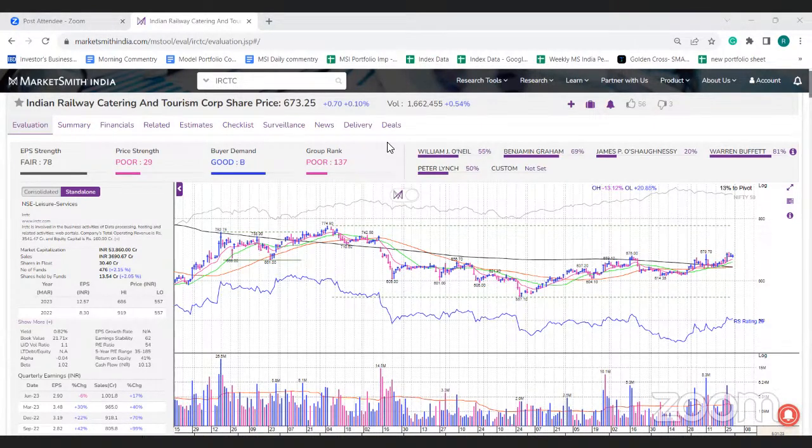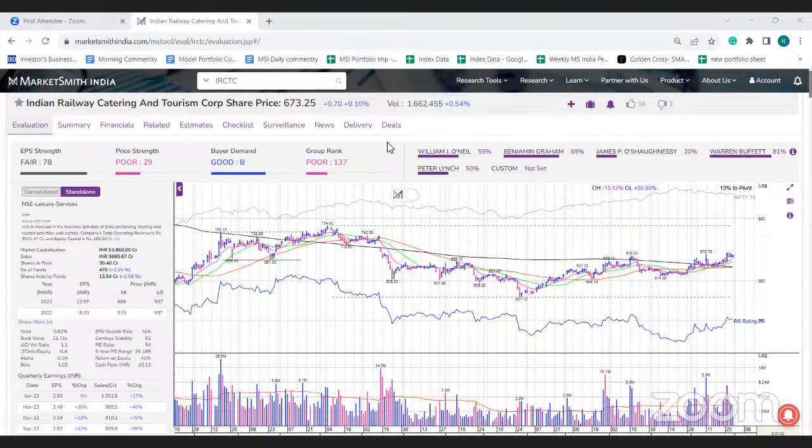You can see currently the stock is trading at that particular resistance level. Let the resistance be cleared and the stock trade towards its pivot. But on the technicals, you can see the RS rating has completely come down to 29. This is majorly because of underperformance of the stock compared to the market. And EPS is slightly good. It is still intact. Only last quarter EPS has declined, but other than that, the stock has reported a good set of numbers on the sales front as well as on the profit front.